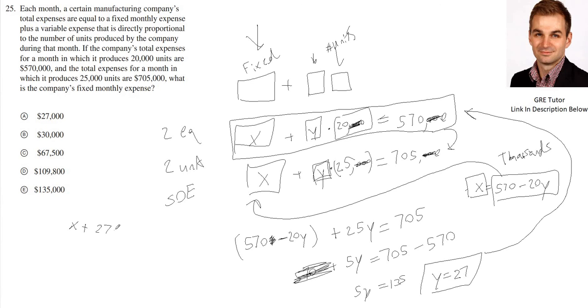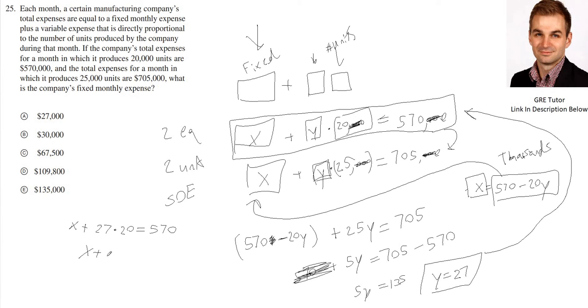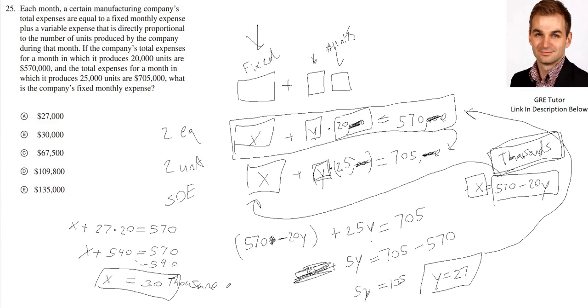So we got 27 multiplied by 20 is equal to 570. Alright, so that's what we're doing right here. 27 times 20 is 540. So we've got x plus 540 is equal to 570. So we subtract 540 from here, and then we get 30, and we get that x is equal to 30. Now remember, our units are in thousands. So the answer is going to be 30,000, or